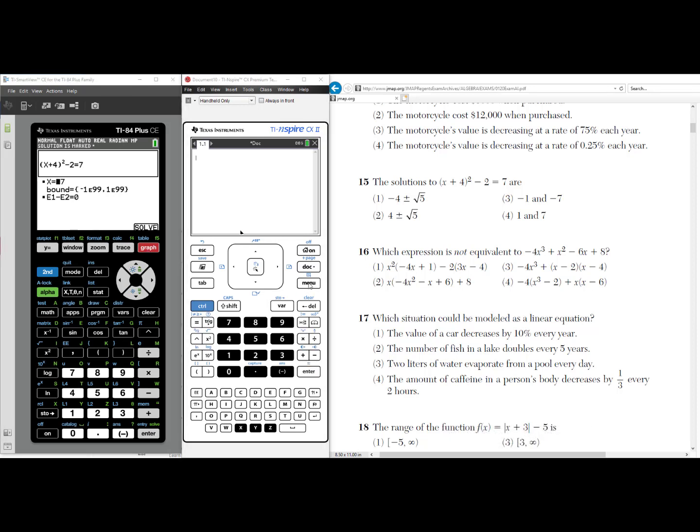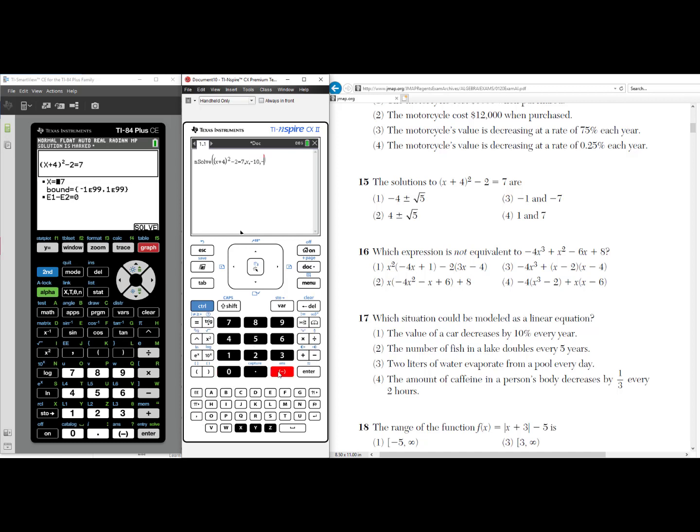On the TI-Nspire, I'll press Menu. I'll choose number 3, Algebra, and I'll choose number 1, Numerical Solve. Open parentheses, x plus 4, close parentheses, squared, minus 2 equals 7. Comma, the variable we're solving for is x, comma, and now we put in our domain that we're looking for a solution. I'm going to put in -10